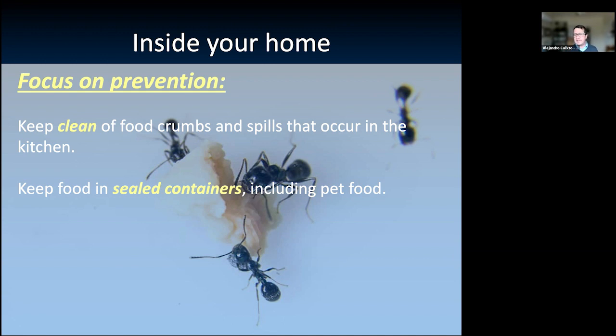Also, you have to maintain and clean the area where you have food. I've got my daughter here. She just opens a bag of potato chips, and there are crumbs everywhere. I mean, that's a banquet. That's a buffet for these ants. So if you have a colony of carpenter ants outside your house, most likely they're going to come every day and look for that food. I know this is hard, but it's really important to keep food stored in containers. If you have pets, we have dogs here, we try to keep the pet food in sealed containers. So at least we know the ants are not going to be able to get into those containers.